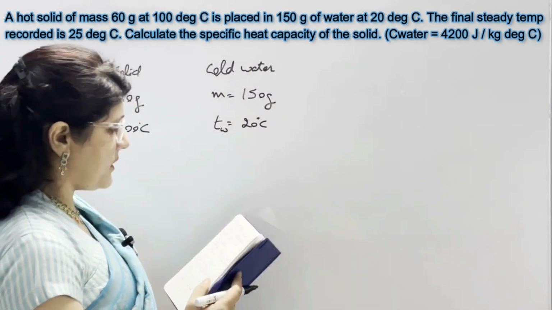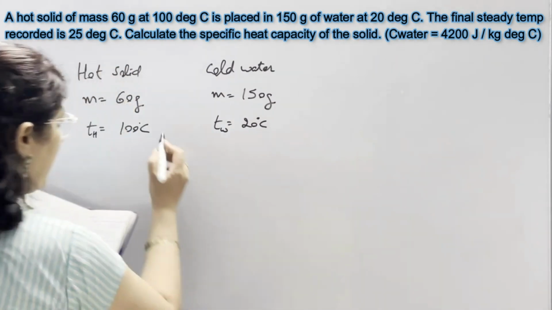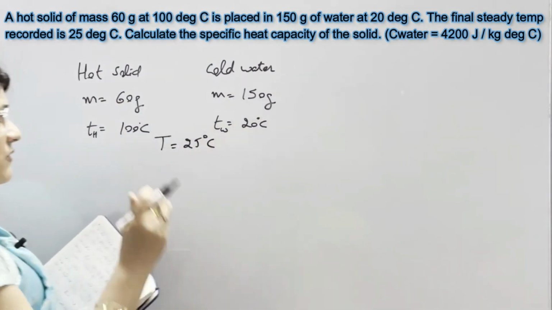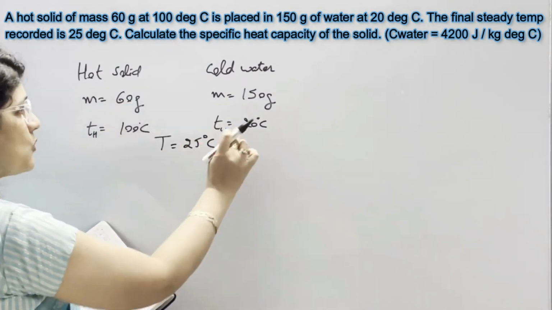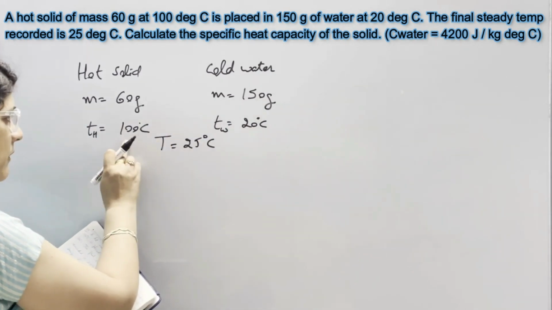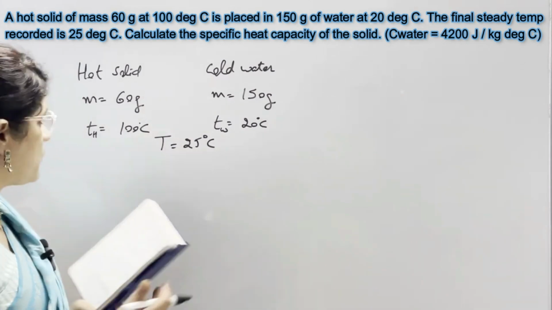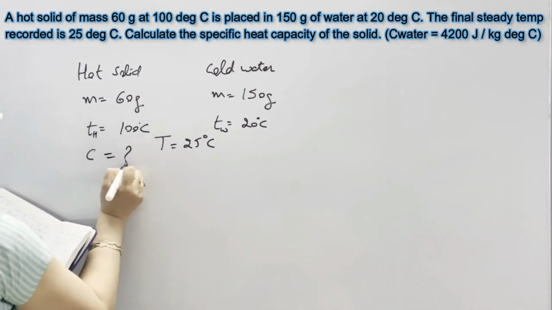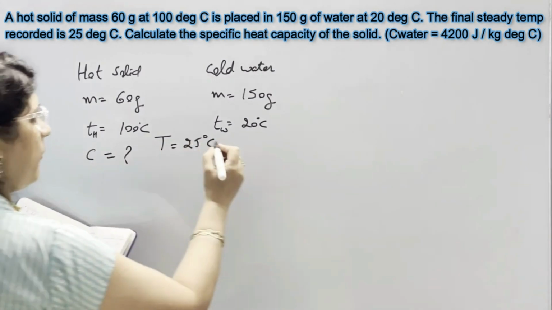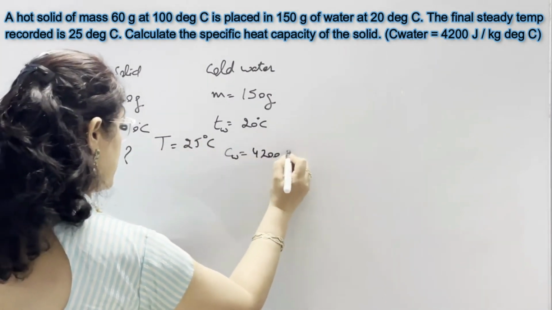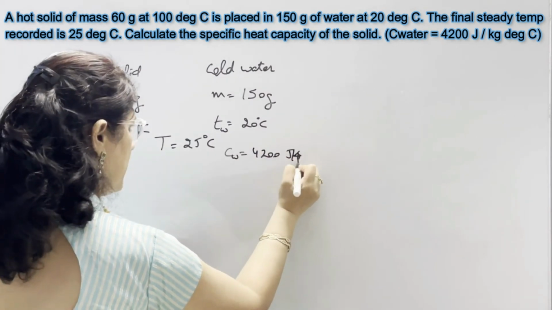The final steady temperature recorded is 25 degrees Celsius, which is in between these two. This is the lesser one, this is the greater one, this is the final temperature. Now calculate the specific heat capacity of the solid. This C we need to calculate, and C of water is already given and it is 4200 joule per kg